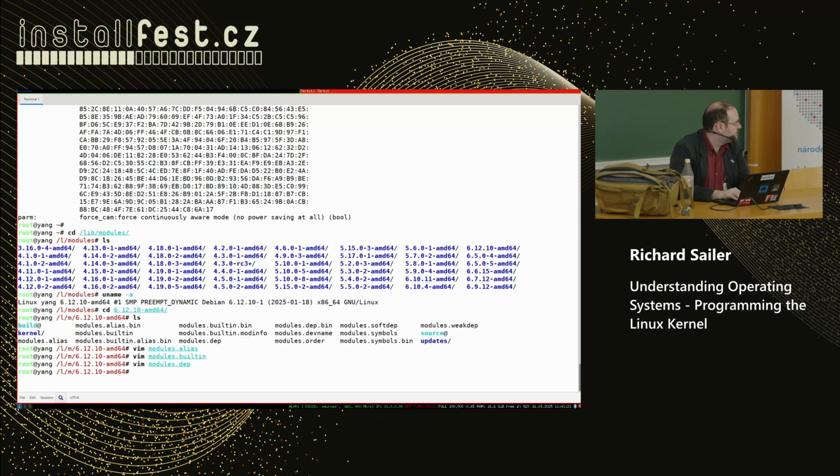So there is the tool modprobe to load stuff. For example, I could now load the module for a PS/2 mouse, like the super old mouse. If I have a module for that, I can load it. Now my notebook supports these old mice. There is also an older tool called insmod, but you shouldn't use that. The difference is that modprobe does take care of dependencies, insmod does not. So modprobe does read all these files here.